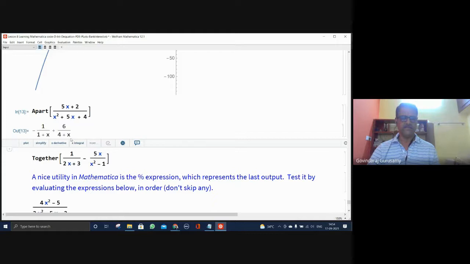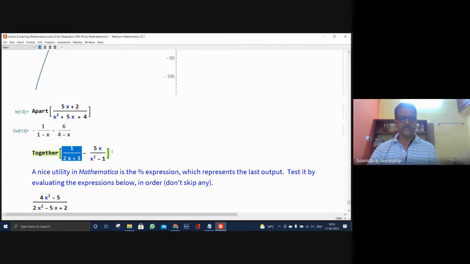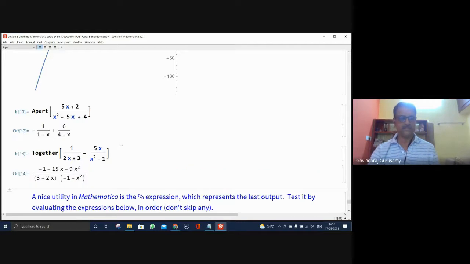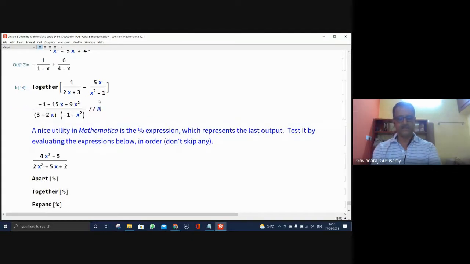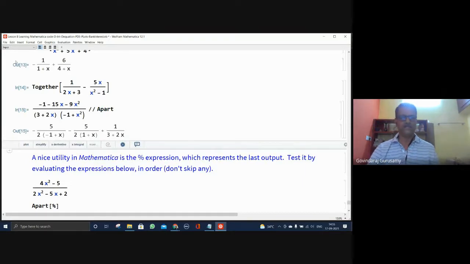Okay. Put them together. There are 2 expressions of this type, and I want to put them together. Put it together like this. This is a combined one. And you take this again, if this is the equation which you have, you just make an apart. A, P, A, R, T, apart. Okay, that has been taken into 3 terms. And if you wanted to make these 2 together or some other independently also you can operate.